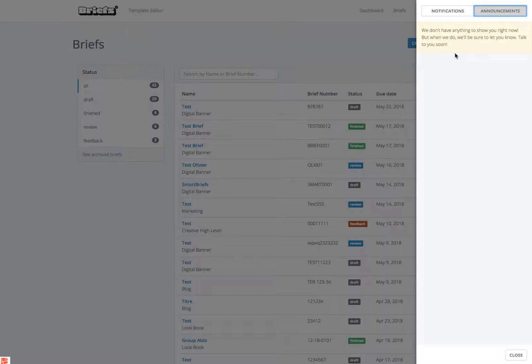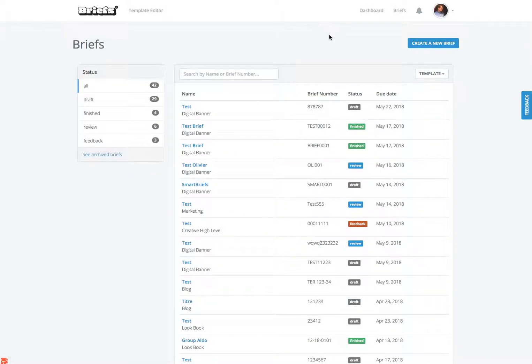We're going to keep monitoring every single media out there to make sure that the specs that we put in there are the latest ones. So imagine that you don't have to run through the different specs for Facebook, for digital banners, and so on and so forth. Now with SmartBriefs, you actually have all of these with you, which is a super cool thing to have. That's it for this part of